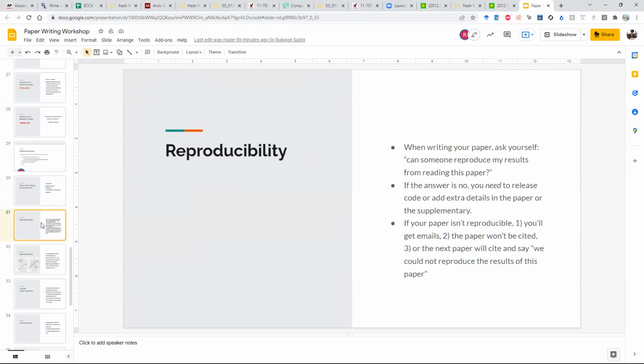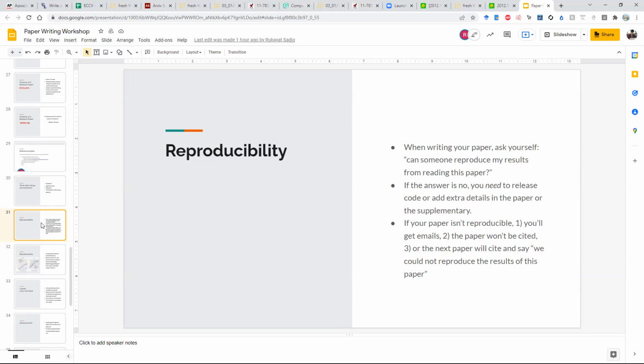So first is reproducibility. When writing your paper, you need to ask yourself, if I handed this paper to someone, can they reproduce my results just using the paper? And the answer is no. And the answer might be no because of just implementation tricks, hyperparameter details that aren't necessarily worth mentioning in the paper, but just are important to getting the model to work. You need to release code or add extra details in the paper or the supplementary